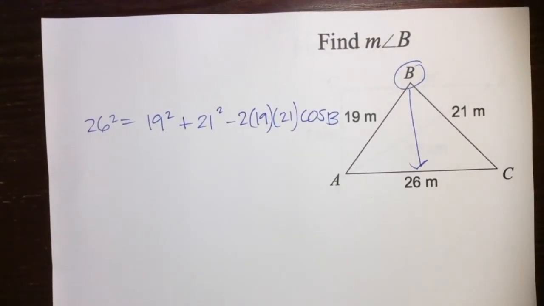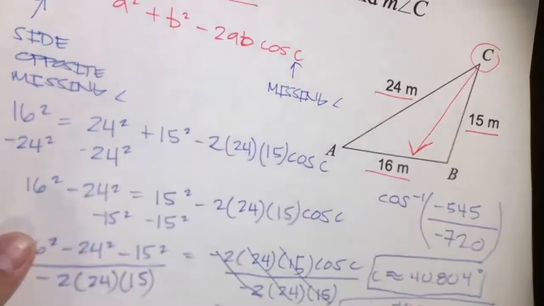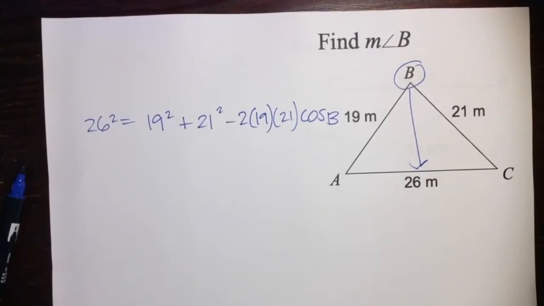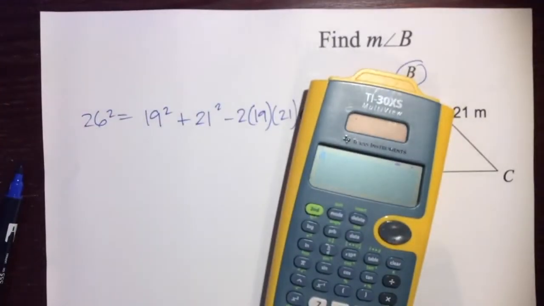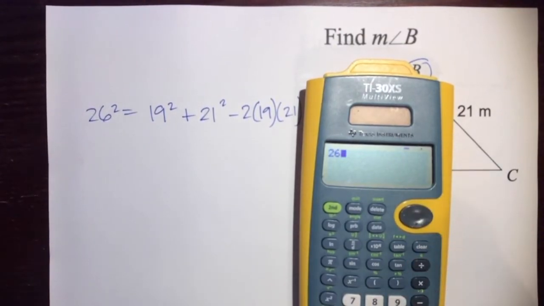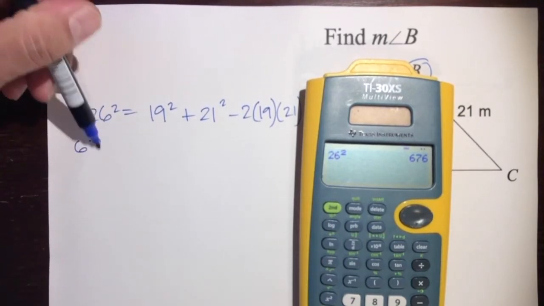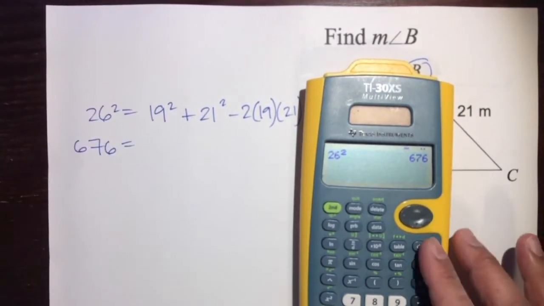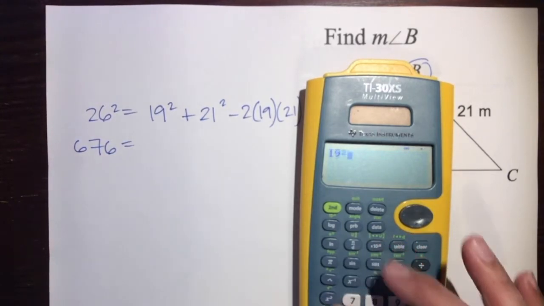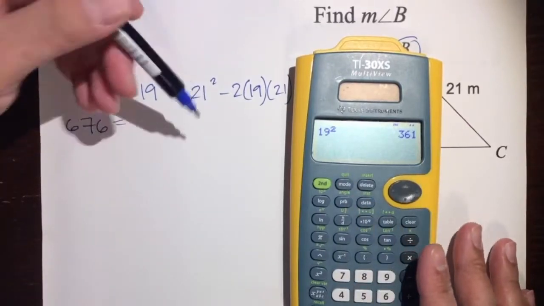All right, so now let's do this. Now, if the previous way that I showed you about subtracting all this was a little too much, I'll show you a different way. Okay. So you could use your calculator right now. So it's 26 squared. Where's the squared button? There we go. Which is 676 is equal to 19 squared, which is 361,